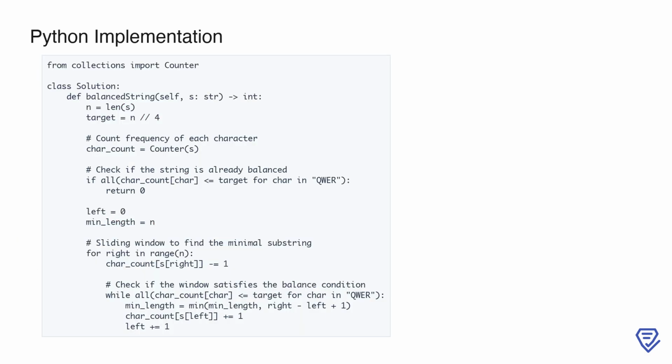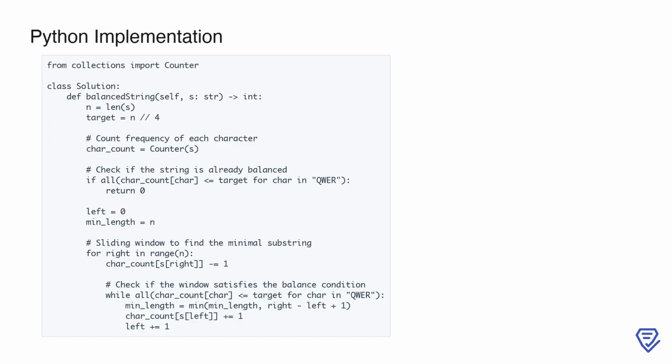To solve the replace the substring for balanced string problem, we begin by importing the Counter class from the collections module. This will help us count the frequency of each character in the string efficiently. Inside the Solution class, the function balancedString takes the input string s. The variable n holds the length of the string, and target calculates the ideal frequency for each character, which is the total length divided by 4 since we want the string to be balanced with equal counts of Q, W,